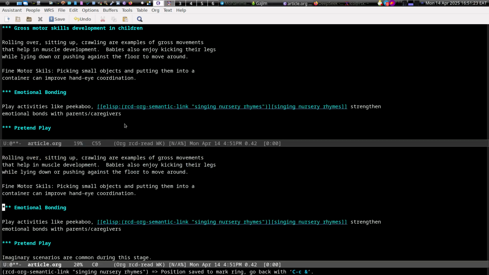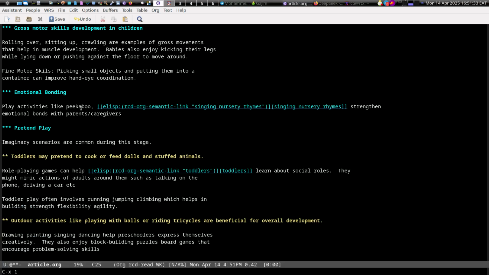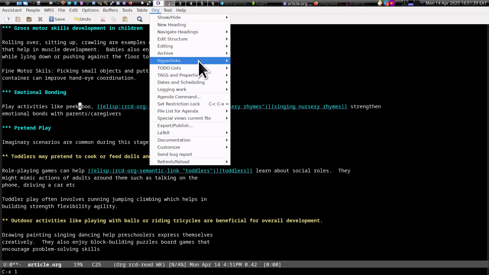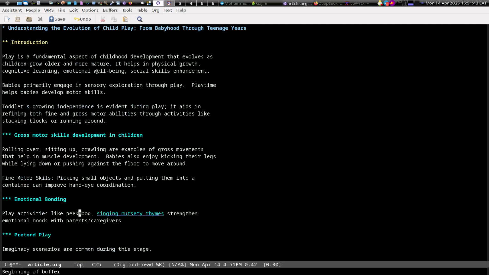Emotional bonding. As you see, singing nursery rhymes brought me to emotional bonding, which is the same thing. Because I don't have enough information, I should take some larger org file to show you how it looks like. There is no need to search for links. The point is